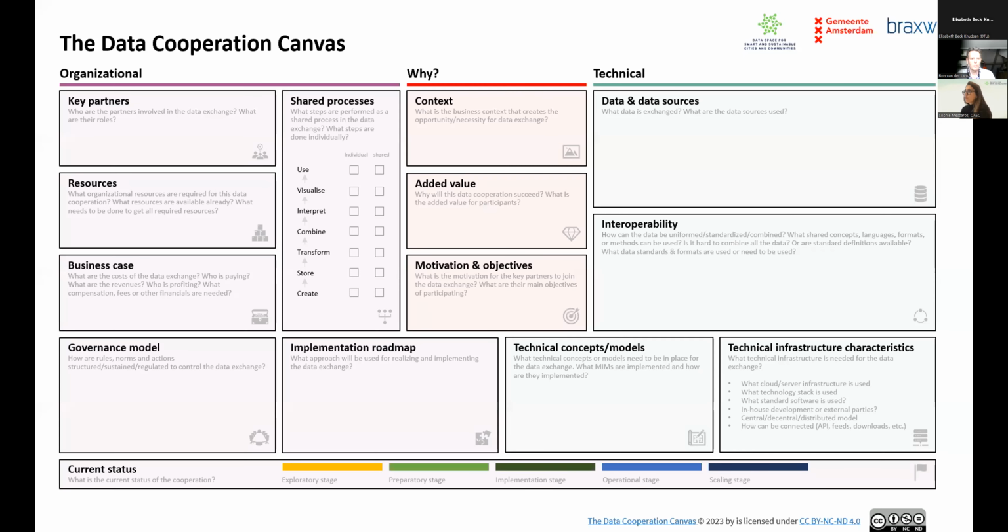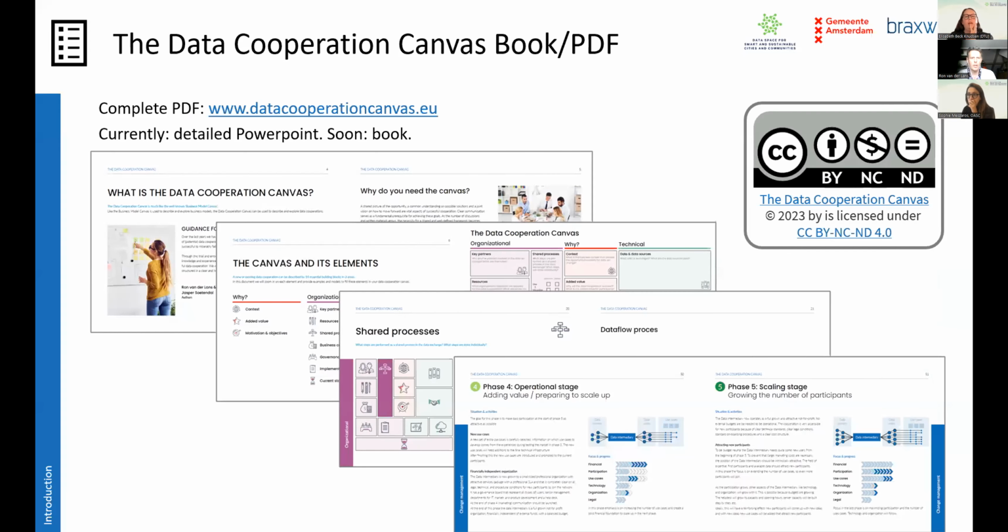And this is how it looks like. And all these elements I would like to explain to you, but since I have only 15 minutes, that will not be possible. But to help you with that, all this information can be found at this website.